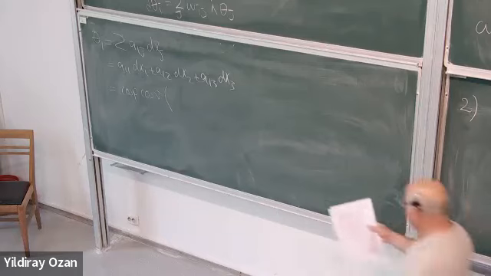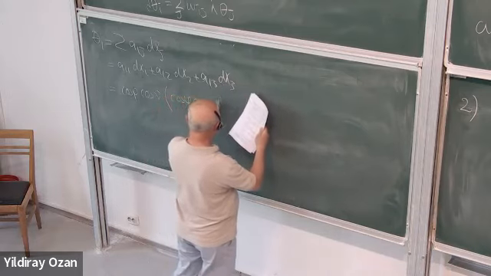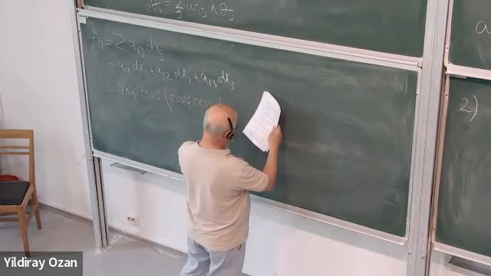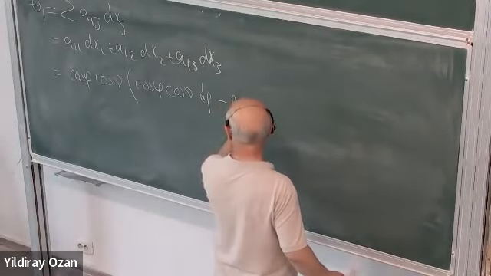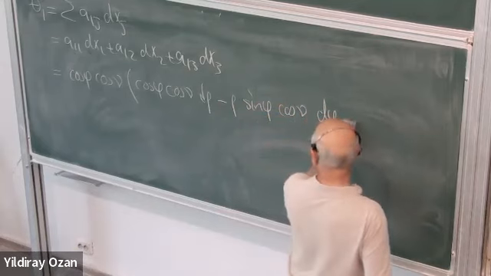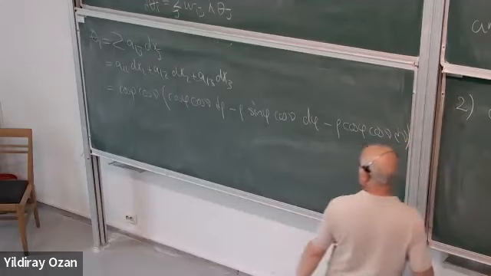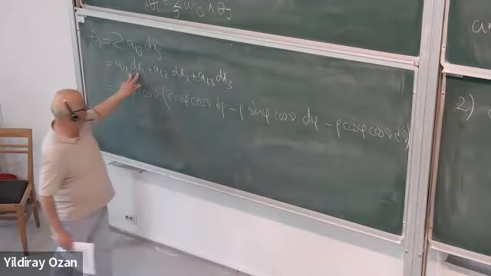So you get cosine phi, cosine nu d rho, minus rho times sine phi, cosine nu d phi, minus rho times cosine phi, sine nu d nu. So it is just this term, plus